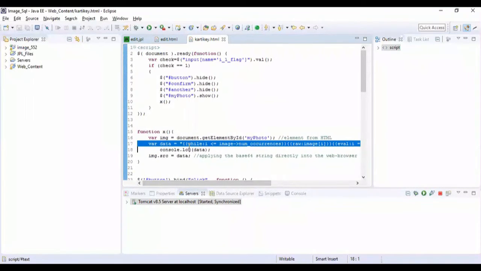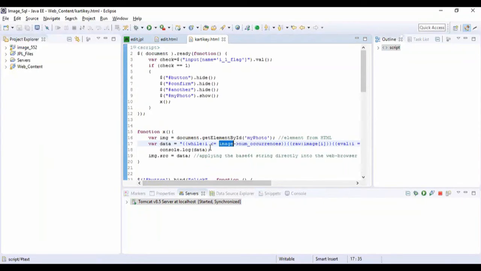As soon as the data gets to this loop, it gets attached to this variable which I am attaching to this element. The browser does the rest.